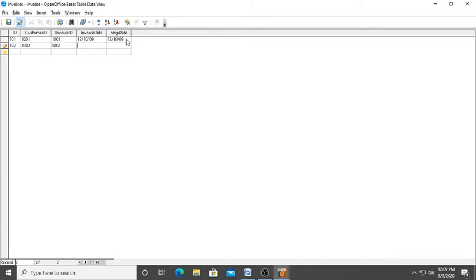Then for invoice date, we can insert any date like 6/4/2008. Here it is taking the date in the format of month, date, year.